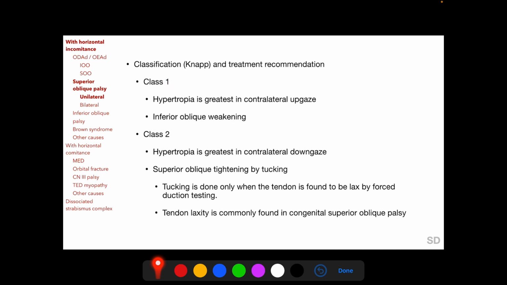In class 1 patients, hypertropia is greatest in contralateral upgaze, suggesting secondary inferior oblique overaction to be significant. Inferior oblique weakening is the procedure recommended. But if hypertropia is greatest in contralateral downgaze, suggesting superior oblique weakness as the predominant factor, superior oblique tightening is done by tucking. And in these patients, the superior oblique tendon is usually found to be lax by force duction testing intraoperatively, and superior oblique tightening by tucking should be done only when the tendon is found to be lax